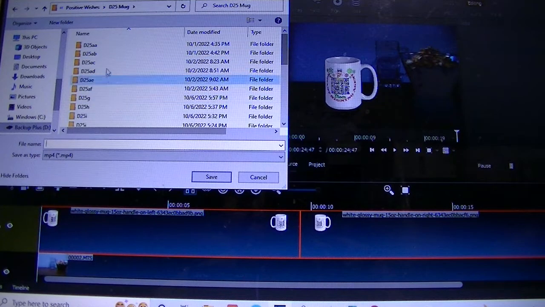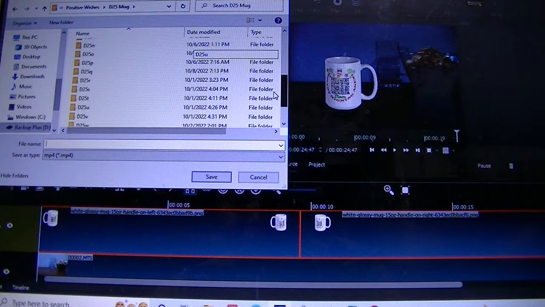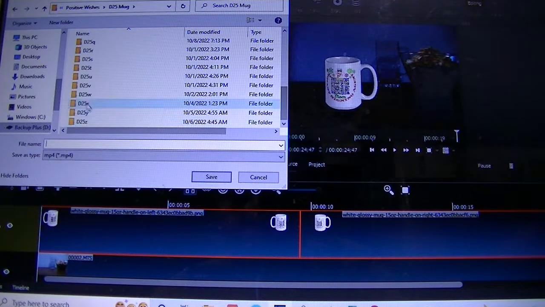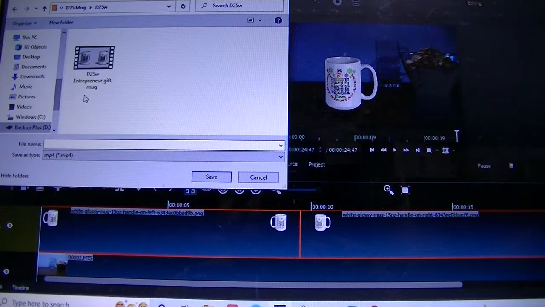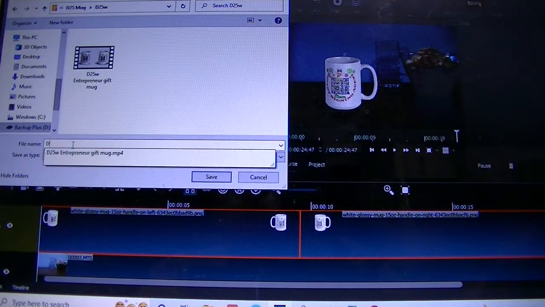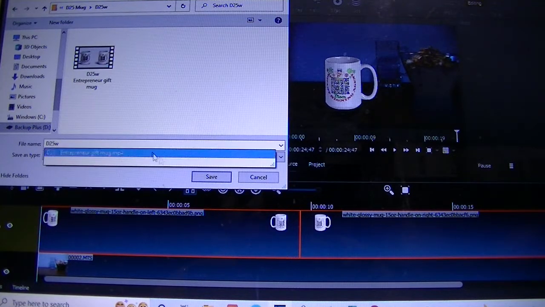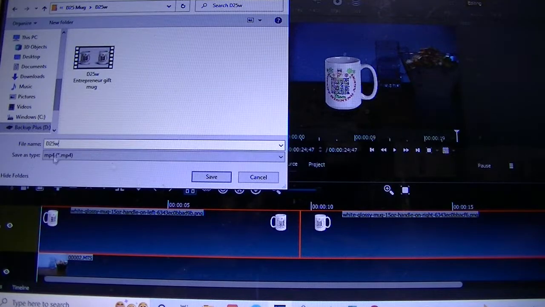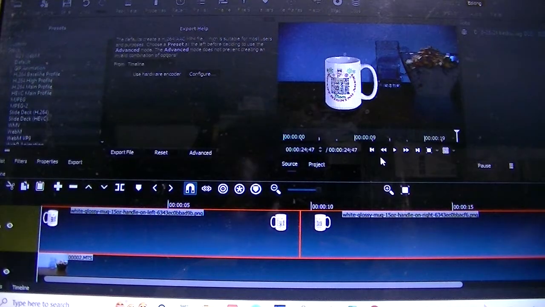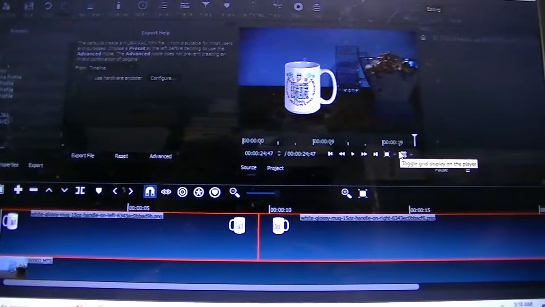you might want to organize your designs, images and videos well, so that when you are ready to list your product, you have everything in place. So we are just going to go to where we have our design product, and I'm just going to save it. By default it will choose MP4 for you, so you don't need to look and find it. So I'm just going to click save, and it's going to open